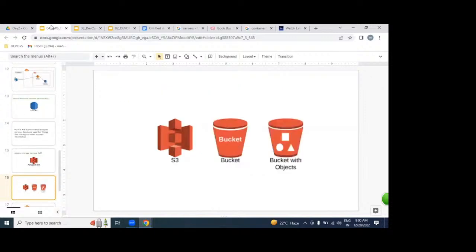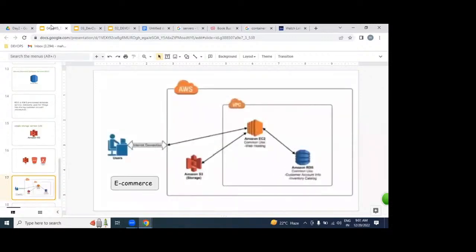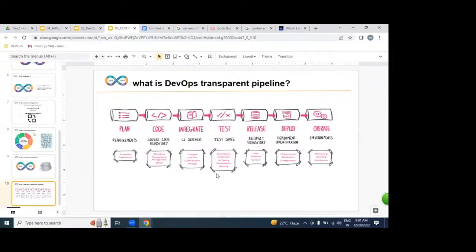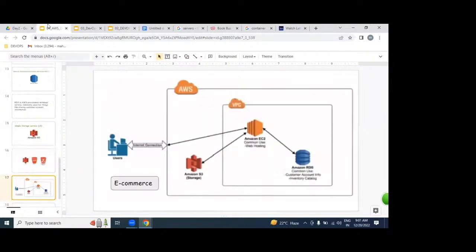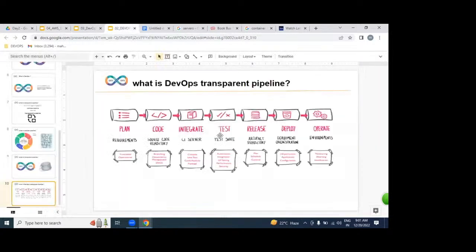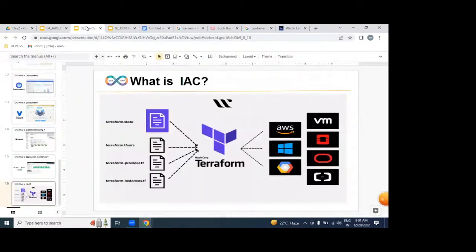So with the help of all these services, we can get infrastructure, whether network, storage, or database, whatever it may be. On top of this infrastructure, we are going to implement our DevOps process. I'll repeat this point: by using AWS, we can get this infrastructure. On top of this infrastructure, we implement an automated, transparent pipeline using DevOps. When implementing this DevOps pipeline, we use this tool stack.